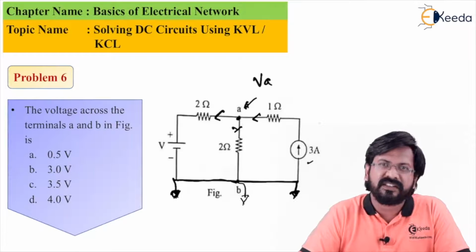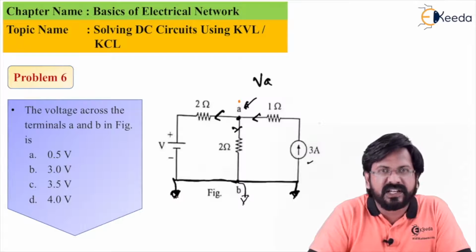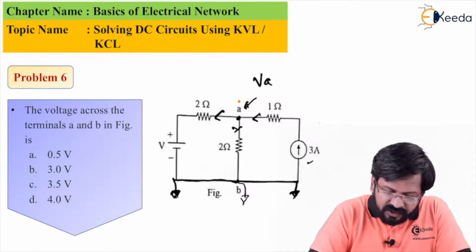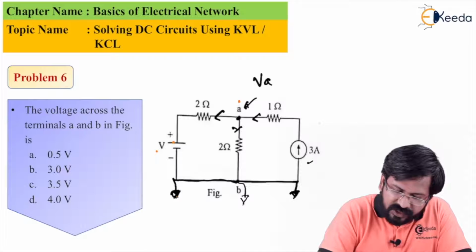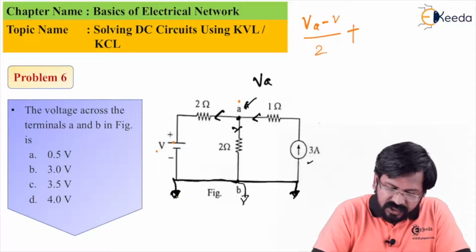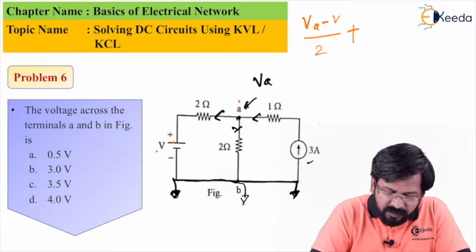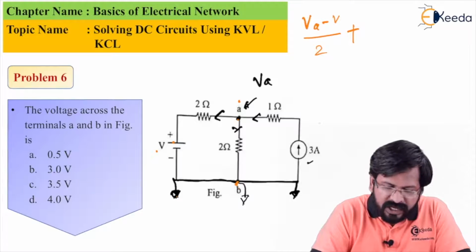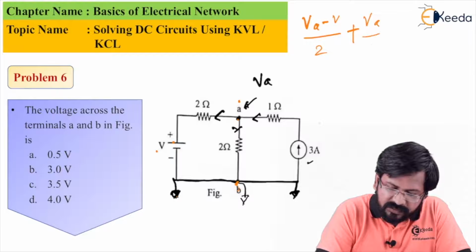Let us apply KCL in this problem. For the first branch, the current starts at A and ends at this ground terminal. So how do we apply KCL? By calculating the current. We start with VA, then we go from positive to negative, which can be considered as minus V. So I can write this current as VA minus V divided by 2, plus, even this current can be taken as positive because it appears to be an outgoing current. So I can say VA minus ground, which is 0 volt. So VA minus 0 divided by the total resistance in the path, which is 2. So it is VA by 2.